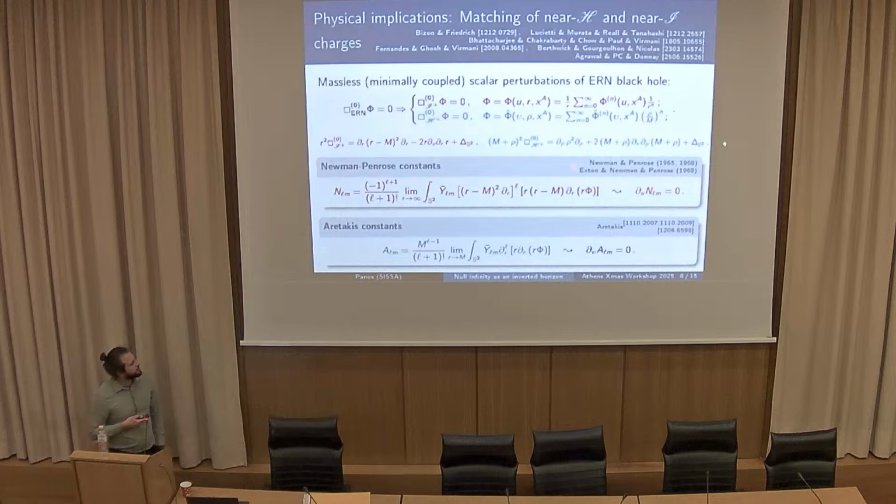So let me start with what happens near null infinity. Near null infinity, one gets this set of Newman-Penrose constants, which are really some projections of this combination of these near null infinity modes. And these combinations have the mysterious property of being exactly conserved, at least at the linear level. Let me say here that these Newman-Penrose constants, as far as I know, we don't really know why they exist. I mean, they are not associated with any symmetries. They are somehow some free conservation laws that nature has provided us.